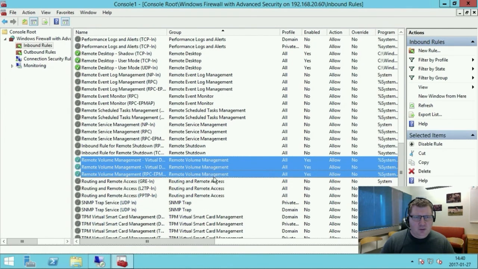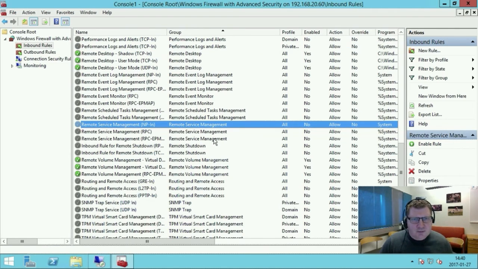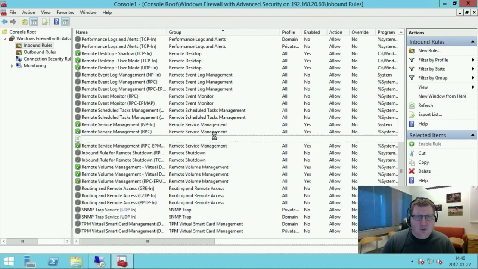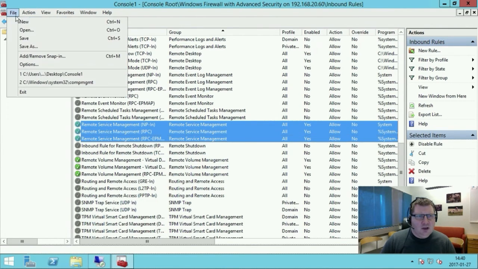So we enable those, and we have to start that service. And I think we also need to enable remote service management. Otherwise, we won't be able to manage the different services on that other file server. So we enable those two on the incoming, and then we can add the snap-in